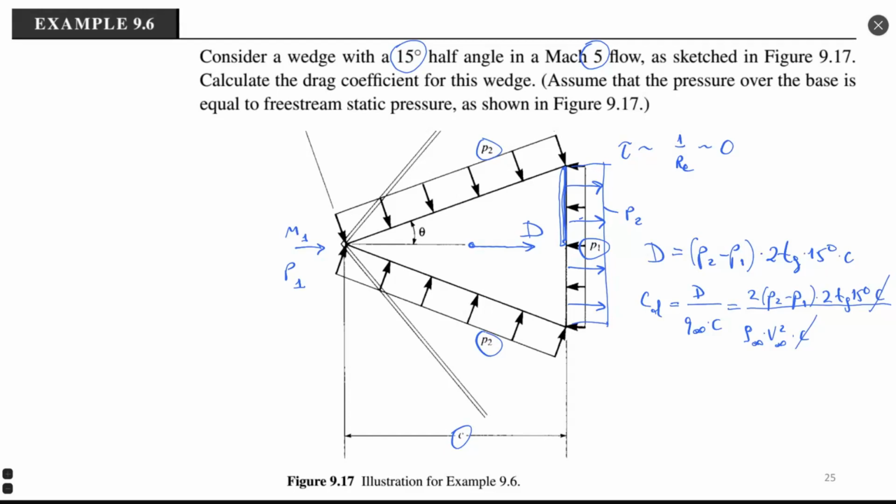Multiplied would be 4. So CD would be 4 P2 minus P1